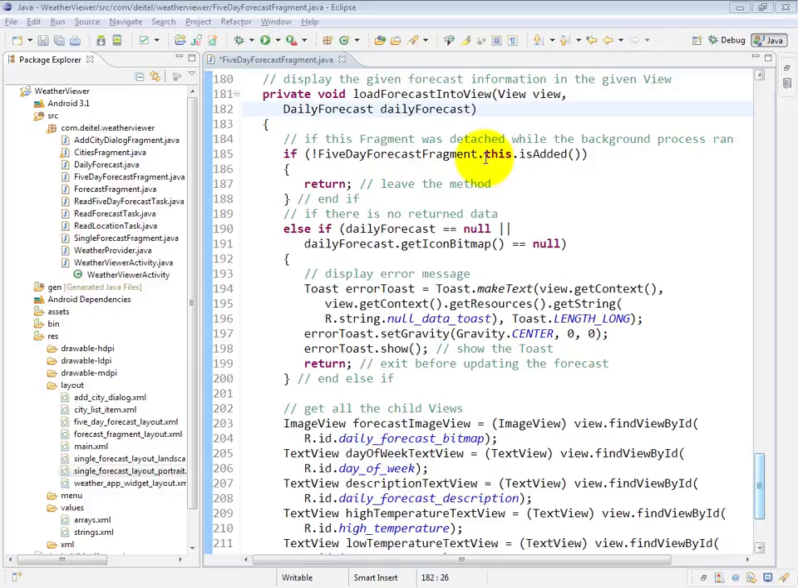The last piece of this class is the loadForecastInToView method, which receives as its parameters the view in which all of the data will be displayed and the daily forecast object that contains that data. Now, remember, when we're making web services calls to get information, it's unclear how long those web services calls will take, and it is possible, since the user can continue interacting with the GUI, that by the time the data